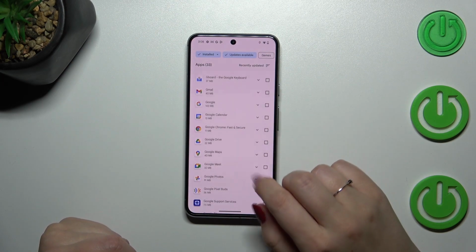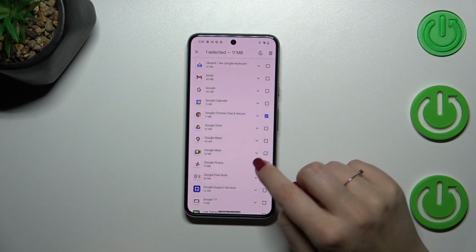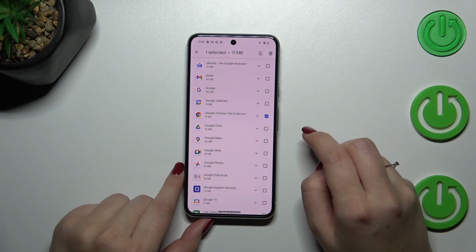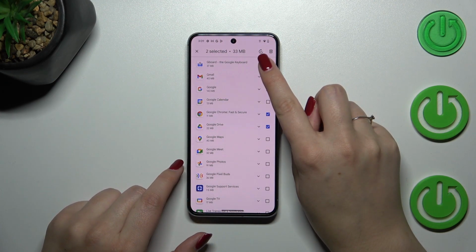So basically all we have to do is to find the app and mark it. Of course, if you want to, you can mark all of the apps and update all of them. However, I don't want to do it right now. So let me just pick maybe Google Chrome and Google Drive, and then tap on this update icon in the